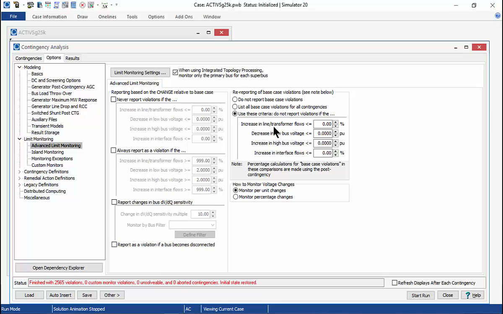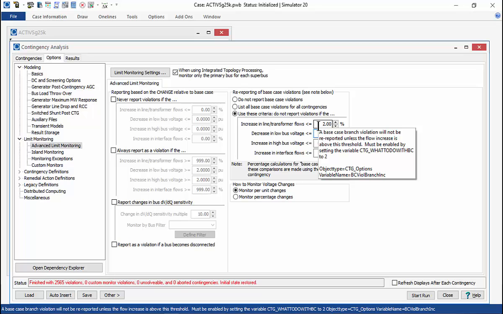And then the third option down here is something of a hybrid. It's saying to ignore violations if they are under a certain threshold of severity. And that threshold you can specify for lines and transformers, for bus voltages on the low side and on the high side, and also for interface flows. As we're just doing a DC power flow here, and we don't have any interfaces in this case, the only one that's really applicable here would be the first one. But for example, I could put in a number, like say 2%. Anytime a contingency causes an overload that is less than 2% change from the reference state, it wouldn't be reported